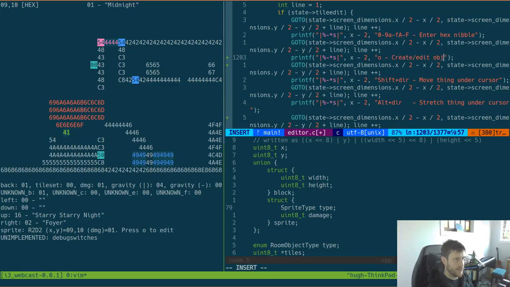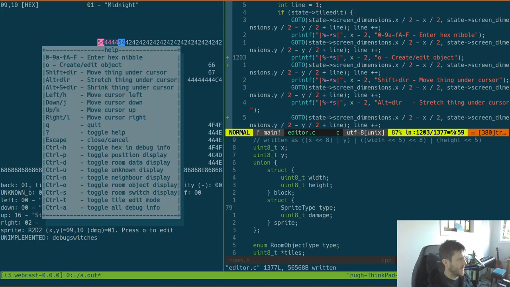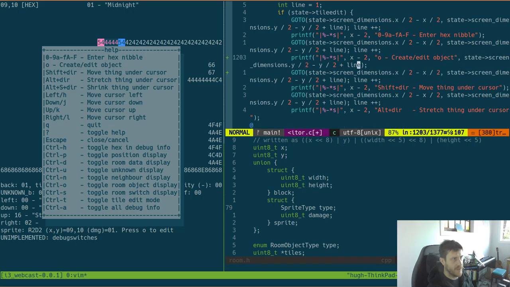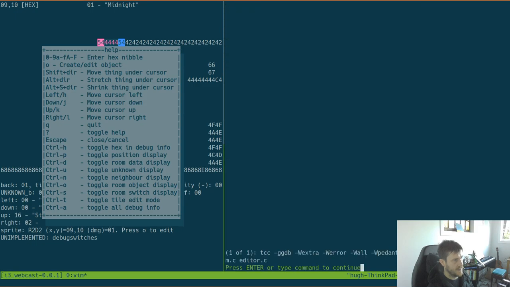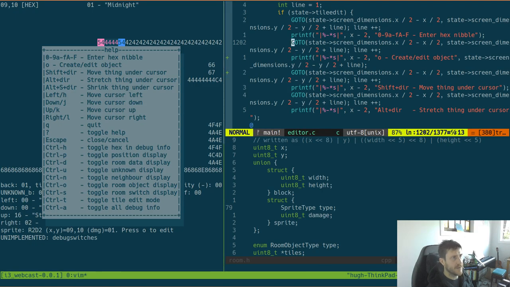create edit object, and we can check that that all kind of shows up. Create edit object. So we have lost this information, which is kind of odd. So I guess I want all of that and do that. And I guess like TCC was happy with it, but I don't know, it's still like being like,